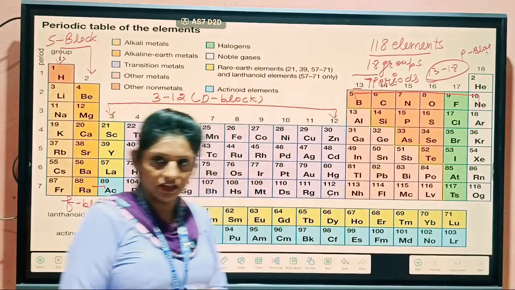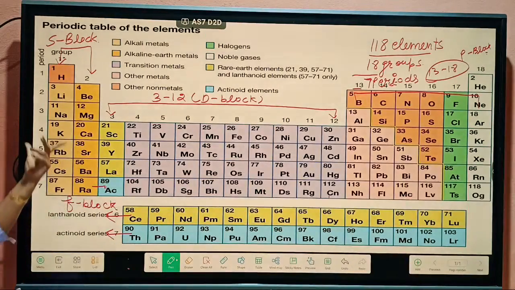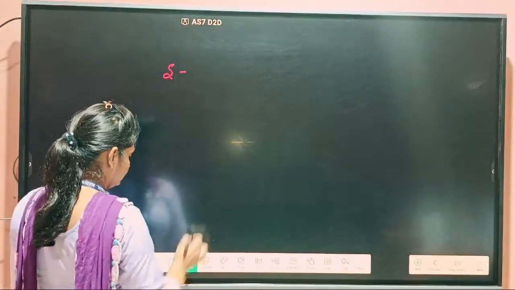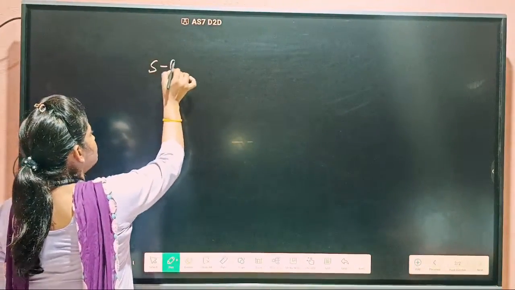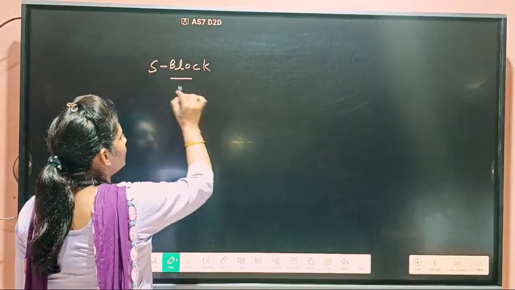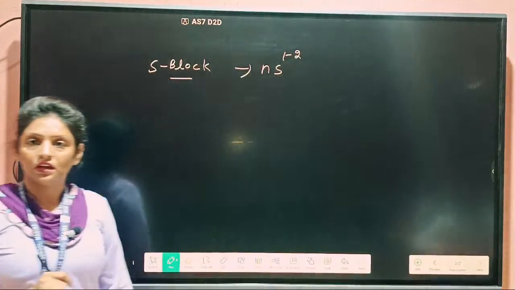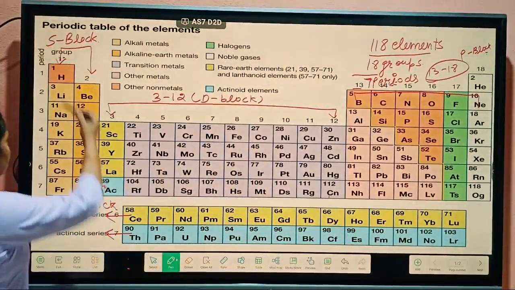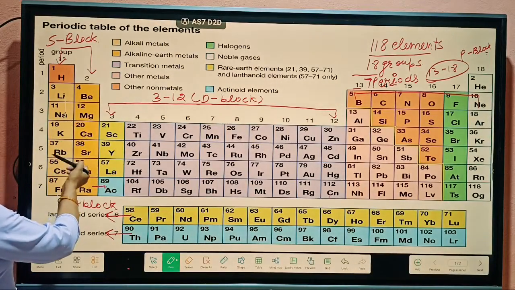For the S block, the general configuration will be ns1-2. Clear? Students, you have seen in group number 1, the elements are hydrogen, lithium, sodium, potassium, rubidium, cesium